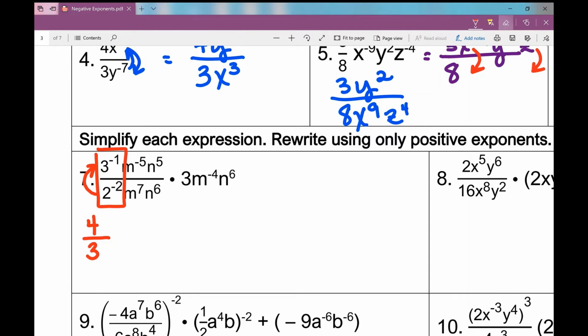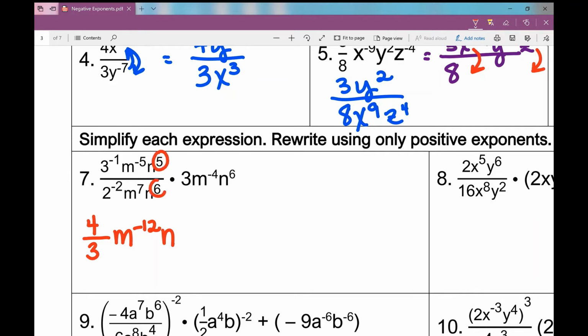Okay, so now let's look at our variables. So we addressed our numbers first. Now let's look at our variables. Okay, so m to the power of, what do I do when I'm dividing and I have the same base? What can I do with my exponents? I can subtract them. What's negative 5 minus 7? It's negative 12. So m to the power of negative 12, n to the power of, what's 5 minus 6,